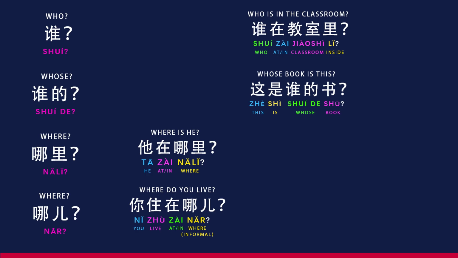Notice how each interrogative word serves a unique purpose. 谁 helps us inquire about a person, asking who. And 谁的 for ownership or possession. 哪里 guides us when asking about a general location, and its informal version, 哪, adds a touch of familiarity in everyday conversations. Now, let's bring in the terms this and that,